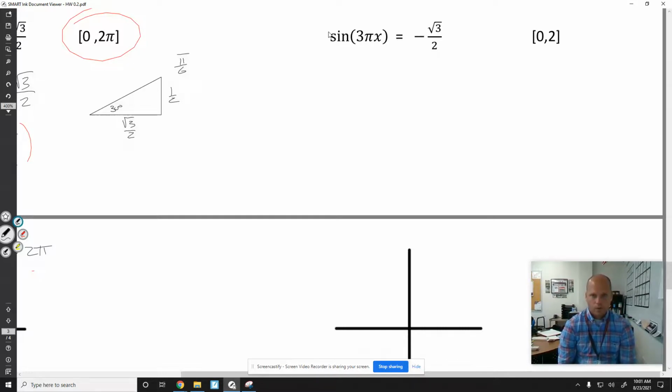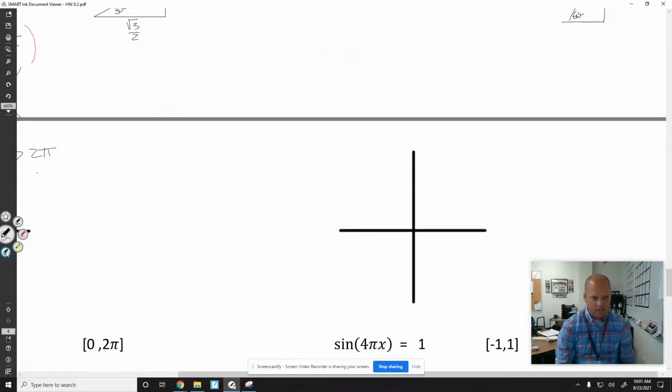Let's see. 3 pi x. I know I'm going to be looking for more than just the first two that I find. Replace 3 pi x with y. I'm looking for solutions between 0 and 2. When is sine negative root 3 over 2? Sine root 3 over 2, tall, opposite, the longer side. This is at the pi over 3's, 60-degree angles. When is sine negative? Sine's negative in the third and the fourth quadrant. So I want the pi over 3 here and the pi over 3 here, where my vertical side lengths are